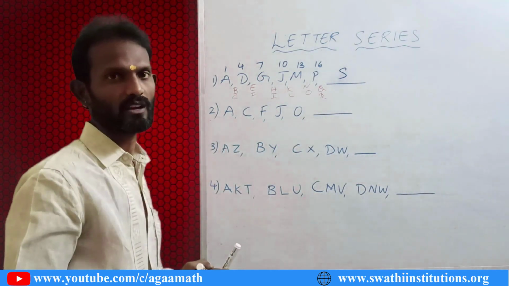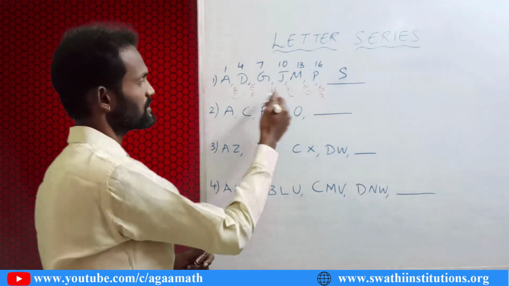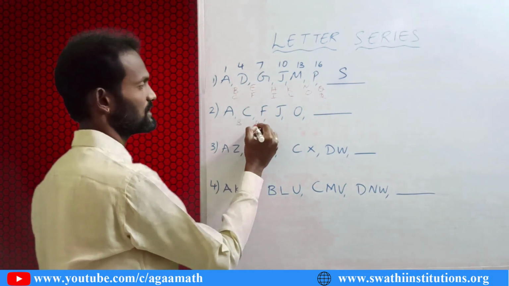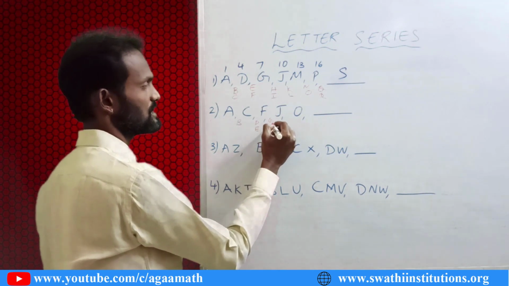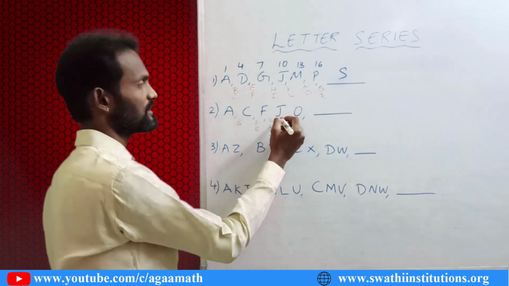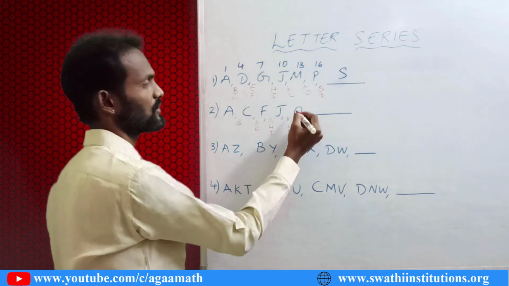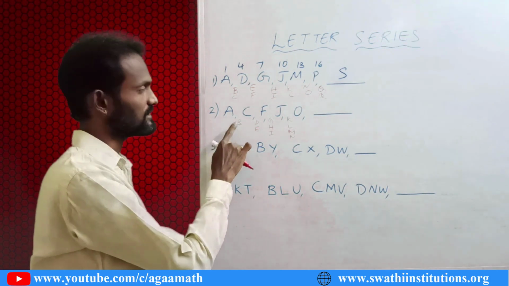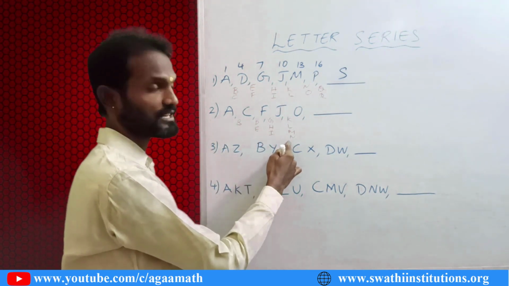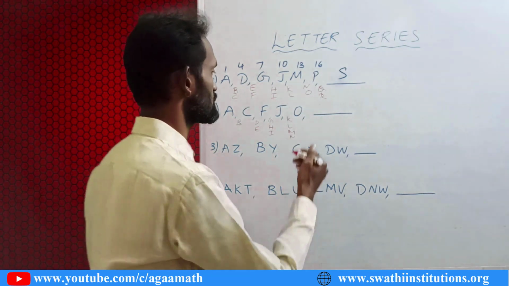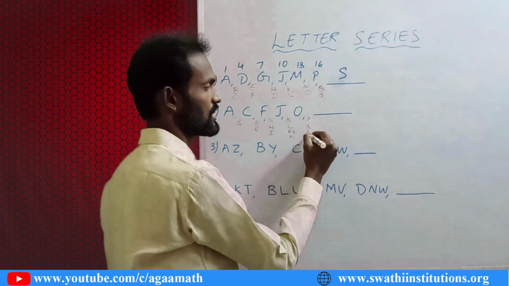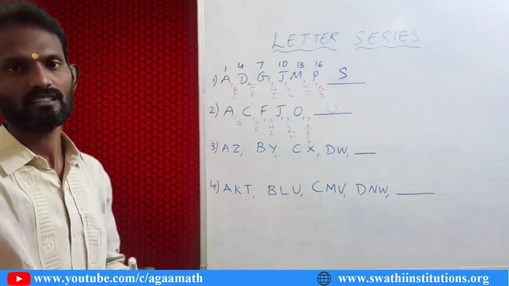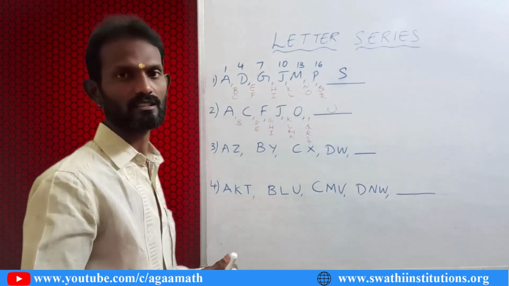Now let us see how to do this. Even I use it in this manner. I think you will feel it is easier, like A, B, C, D, E, F, G, H, I, J, K, L, M, N, O. So if you observe here, in the first only one letter is left, in the next 2 letters, 3 letters, 4 letters, and here we leave 5 letters. That means after O, P, Q, R, S, T, that is U is the answer. Right? In this manner, if you can understand and fill the solutions.